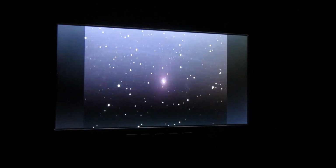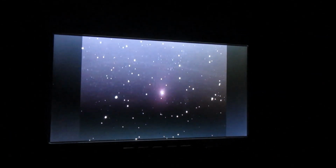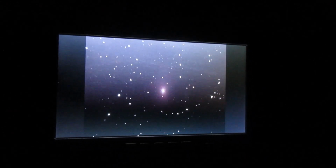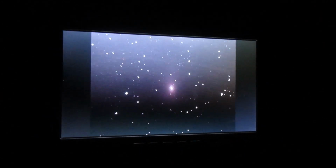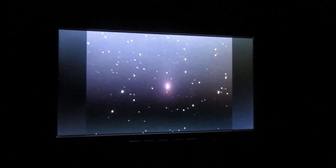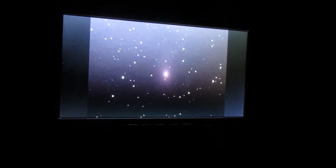But this galaxy, M110, must have enough mass that it is actually able to pull itself towards the core, which means it's overcoming the neighboring gravitational field of the M31 galaxy, which, as I may have mentioned before, is the co-regent galaxy with our Milky Way of the local group of galaxies. Very nice view. Now, we're going to go look at something next,